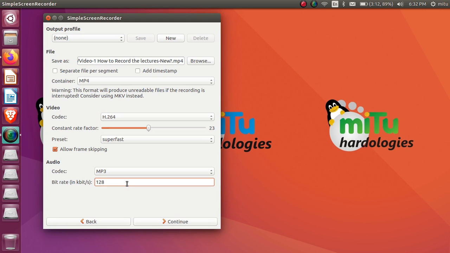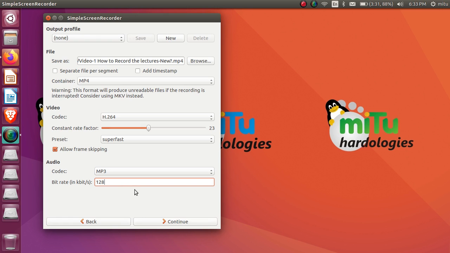You can choose 256 kbits per second. That's also one of the formats of the audio that is possible. But again, audio quality will be good in 256 kilobits per second. Even 512 is also possible. But the problem is that the size of your recorded video will be more if you are incrementing or adding more kilobits per second as the bit rate there. So I'm keeping the average bit rate as 128 kbits per second. Okay, that's how the output profile is expected.